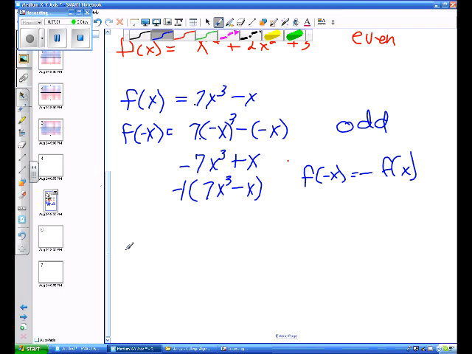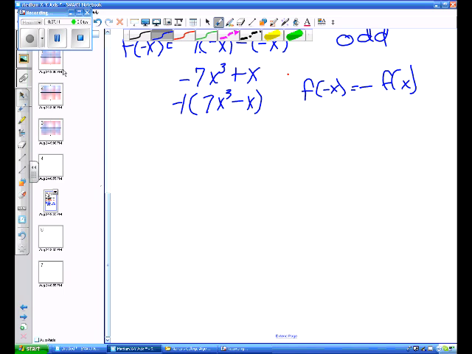And so if you look here, your exponents are 3 and 1. Well, those are odd numbers. So that's going to help us as we look at our odd functions to know that they are. If we had f of x equals x to the 5th minus 2x cubed